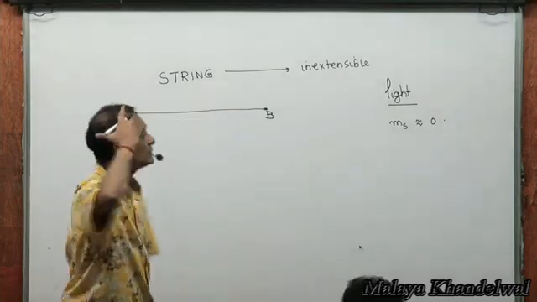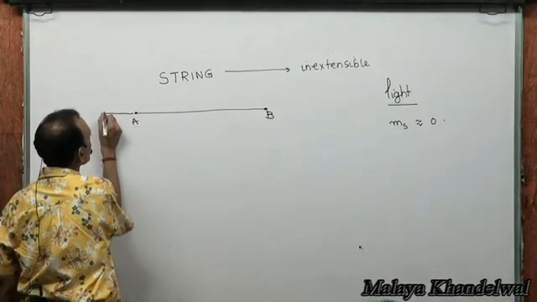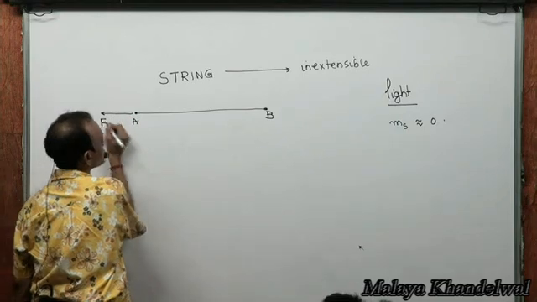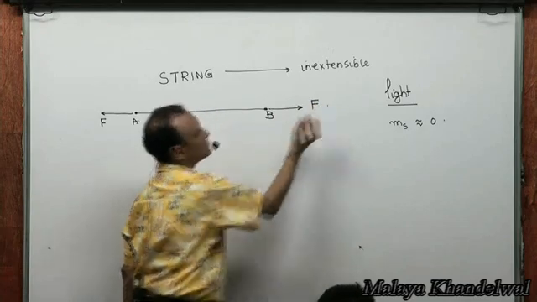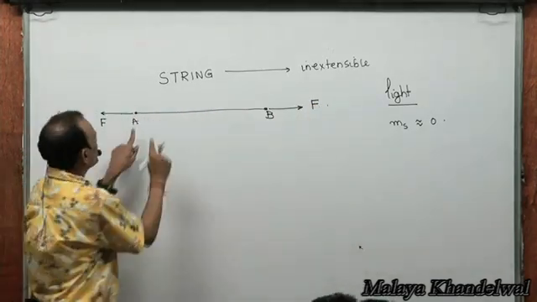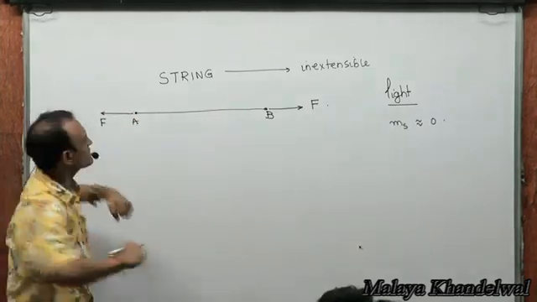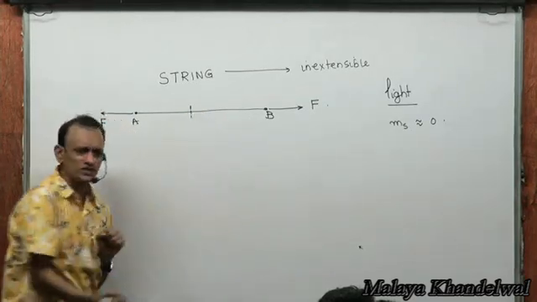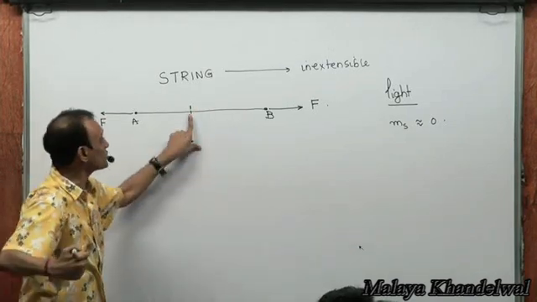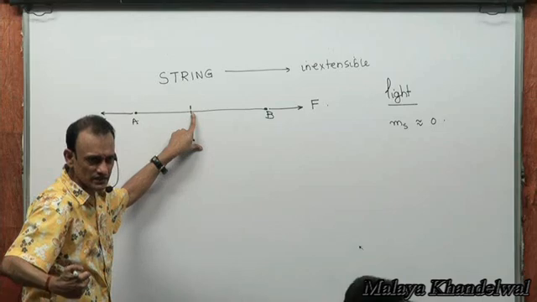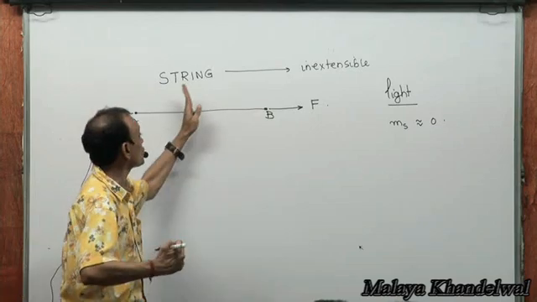Now, if the two ends of a string are pulled with a force F each, then every segment of the string feels a certain force. A stretching force is felt by every section of the string. So if this is a cross section of the string, it will experience a stretching force at this cross section, right? The stretching force at a given cross section of the string